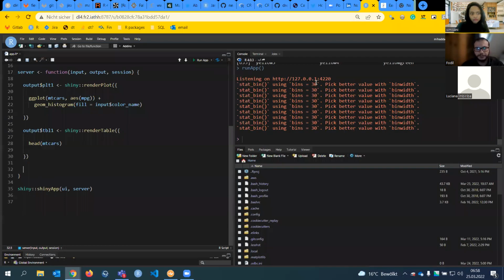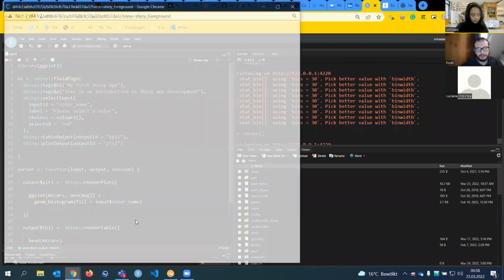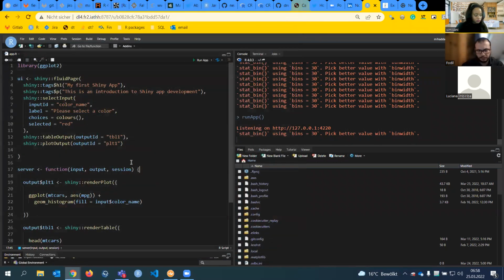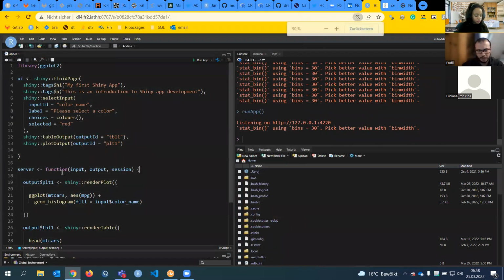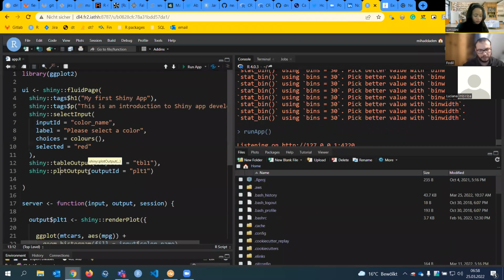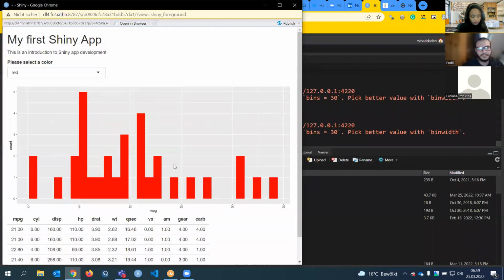There's a question: how do you change the order of the components? That's a good question. Let's say we have here a table and then a plot, and I want a plot and then a table. I can just modify the order of appearance of the functions that are displaying this component. So if I want my plot above my table, I will put my plotOutput function above my tableOutput function, with the comma here, then the comma here, and then save, and I will have my plot above my table. It's that easy.